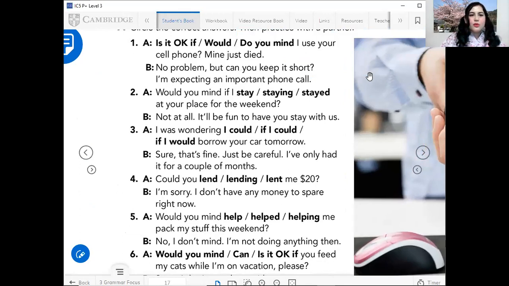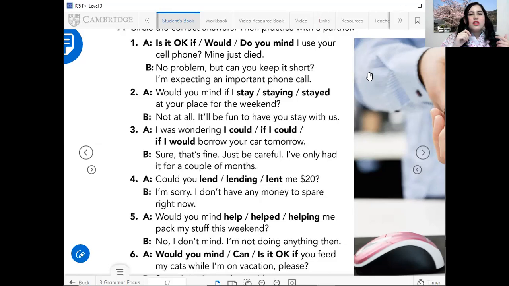Okay, so for number 1, we have 3 options: is it okay if, would, or do you mind, I use your cell phone. So here, the correct one will be, is it okay if I use your cell phone? Why? Because the other ones are not complete. Would I use your cell phone? That's not really a complete request. And do you mind I use your cell phone? You're missing the if.